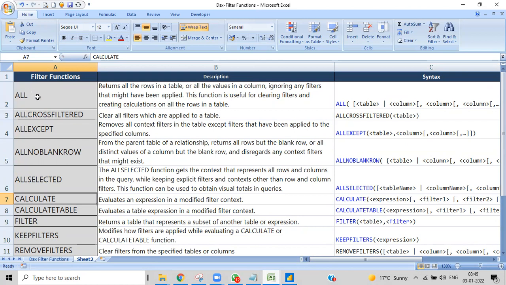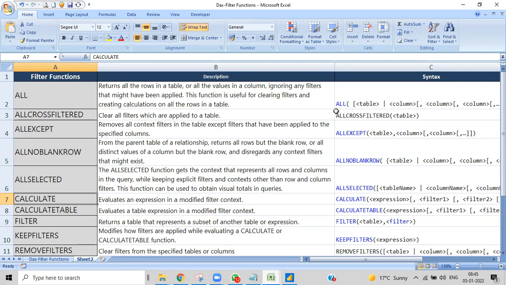So it ignores all the filters that were applied on this particular table or column. This function is useful for clearing filters and then creating calculations for all the rows in the table. That is what the ALL function does.